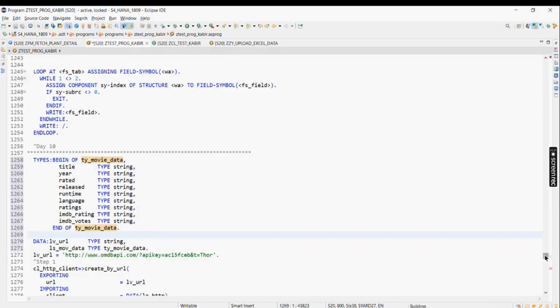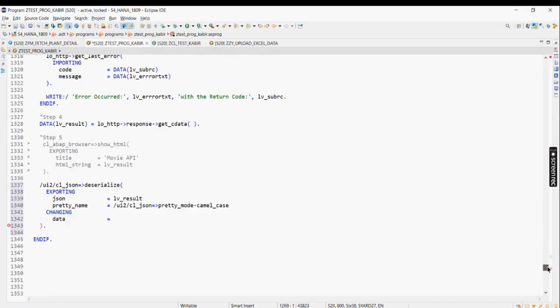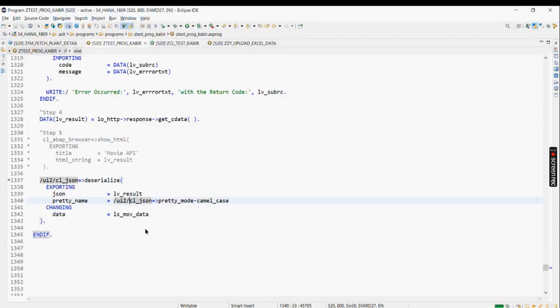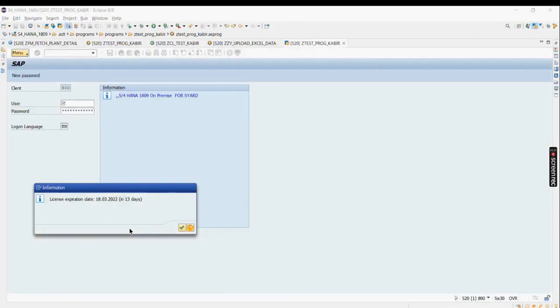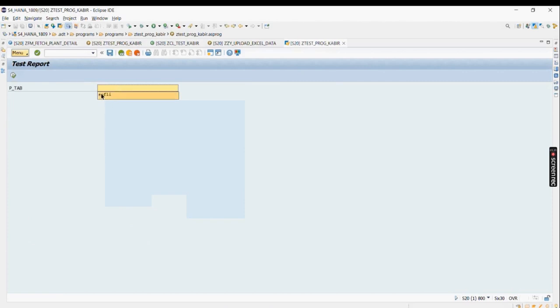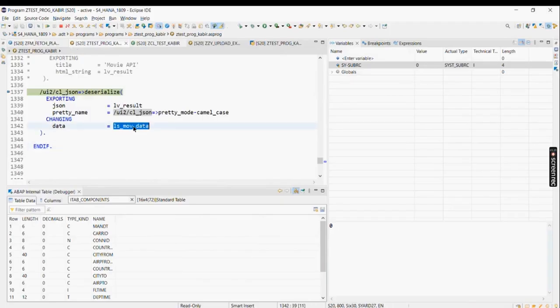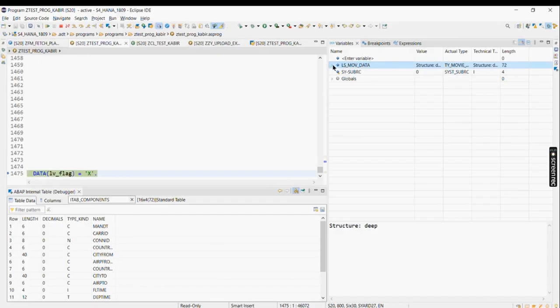So if I map to this, okay, fine. So let me put a breakpoint here directly, and if I execute now, ls move data, okay, so if I do F6 now,